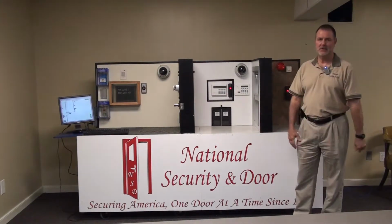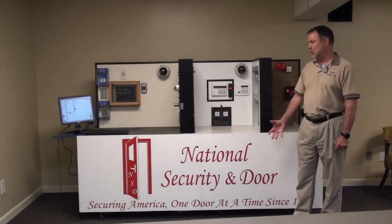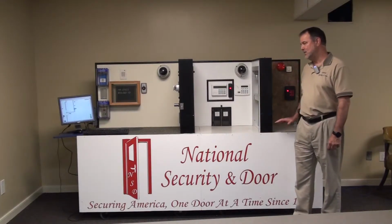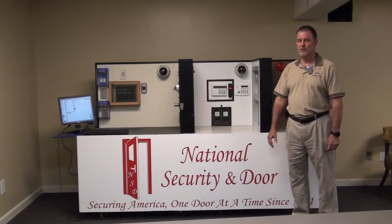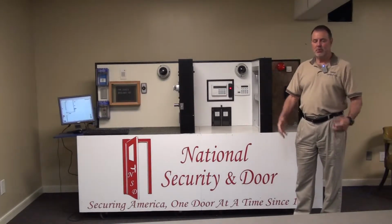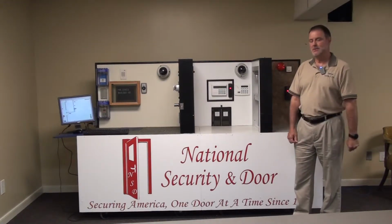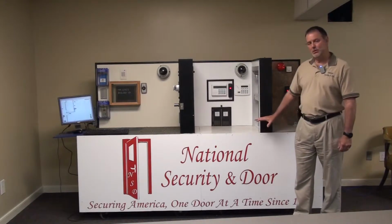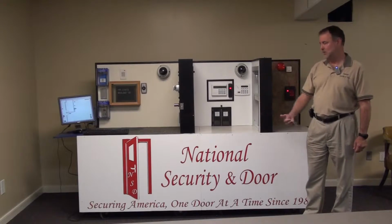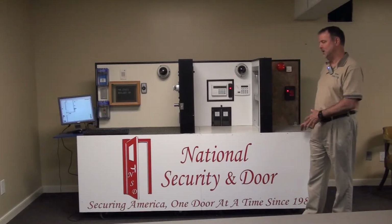What you're looking at here today is a demonstration model that we put together to show an access control lockdown notification system. This type of door control could be used in educational communities, medical, government, pretty much anywhere you would have a group of people meeting in large areas. And what I wanted to share with you today is to kick off these demonstrations. We've got several videos. We'll show you more detail, but I wanted to give you the layout of